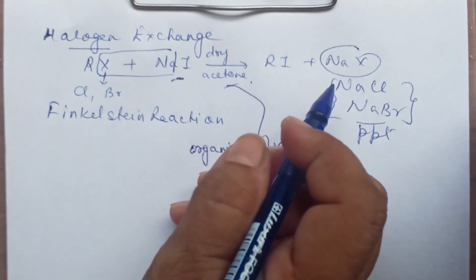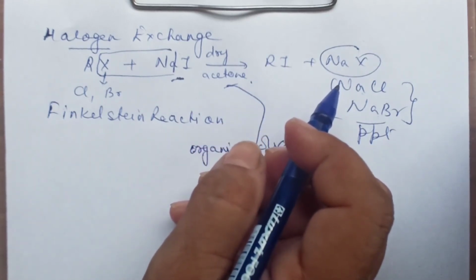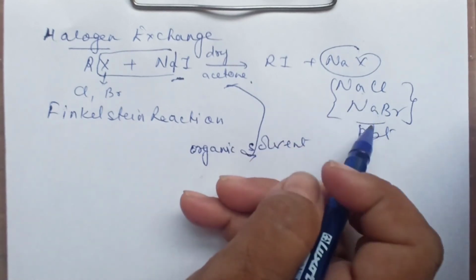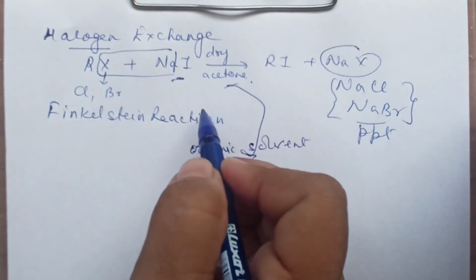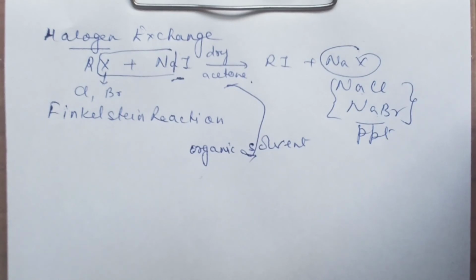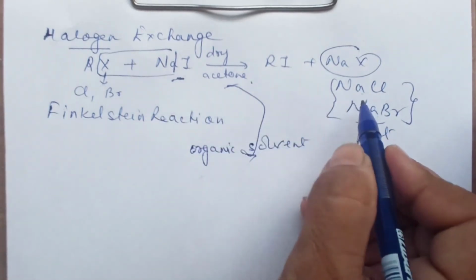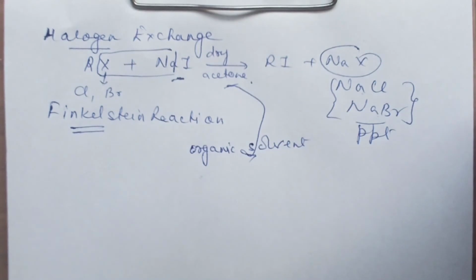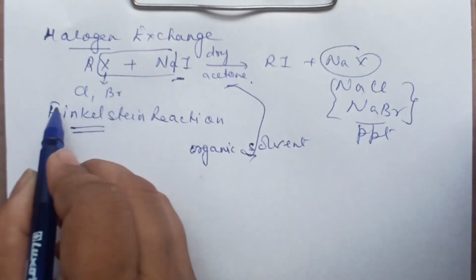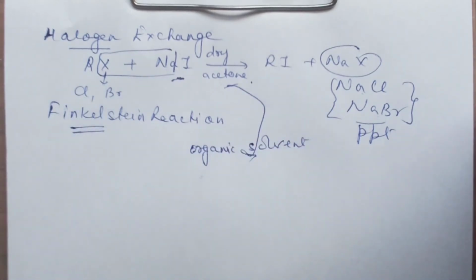Whereas what about chloride and bromide? They are not soluble, because these are ionic and NaI is covalent. That is why they get precipitated. Got it? So don't get confused here. This is an important name reaction. In many reactions, when iodination cannot be carried out directly in the presence of an oxidizing agent, or fluorination cannot be done, what you do is first prepare the chloride or bromide, then carry out this Finkelstein reaction to prepare the iodide.